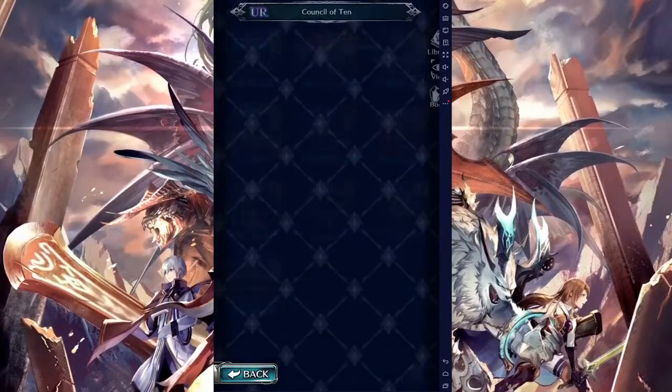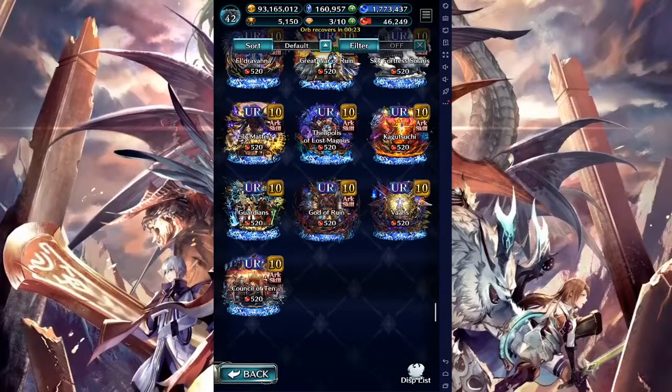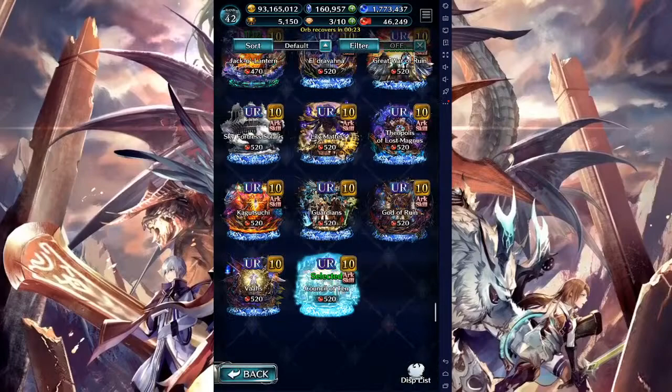I mean, Council of 10 could be nice. Let's say she's doing a lot of damage and reaching a damage cap, then you can put on Council of 10, which means she's going to get more damage cap, and her SCT is just going to be crazy. So yeah, this could be a good combination, this arc with her. But she's Earth attribute and light. There are no Earth or Light UR arcs. There's only Fire, Dark, and Thunder. So for now,